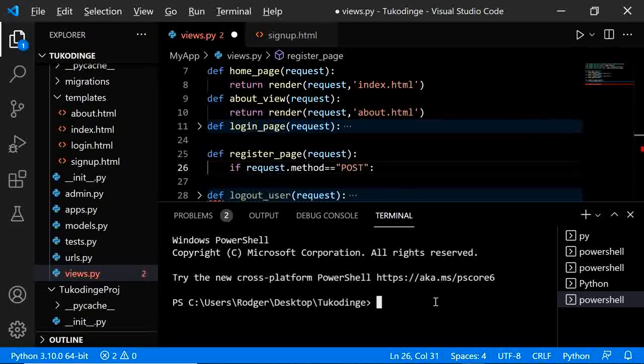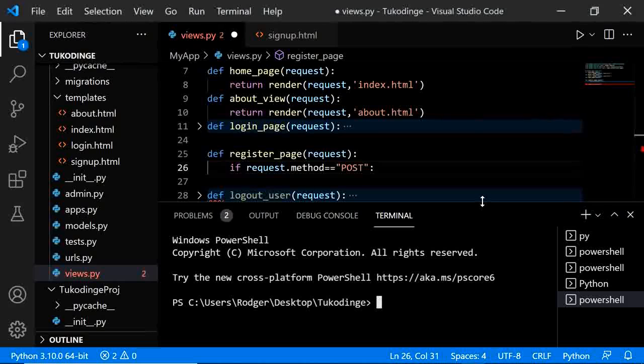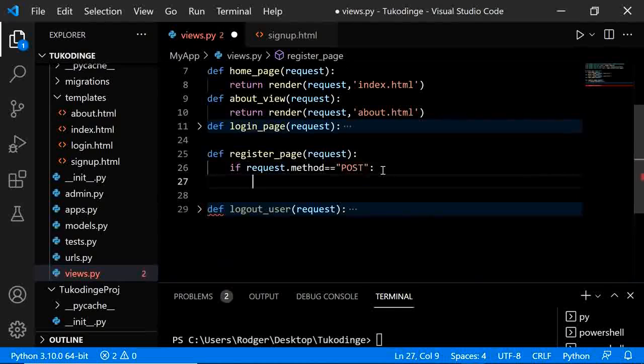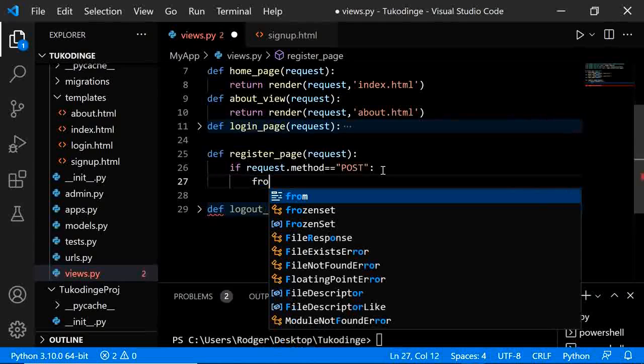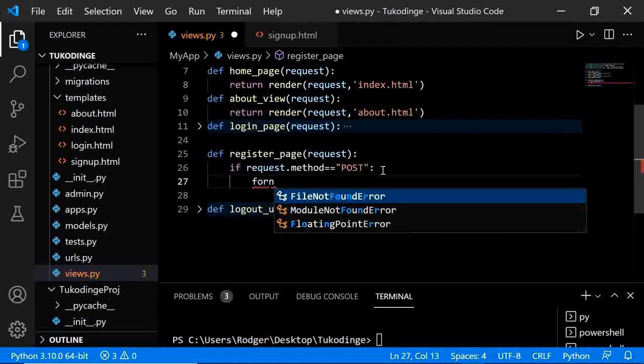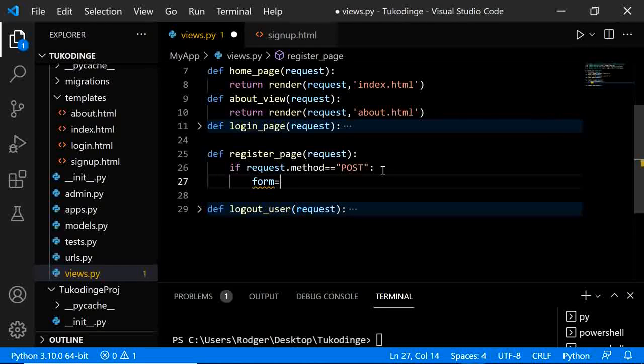Okay, they're still running, just verify. Okay, perfect. So if this is equal to post, then do what? We get the form. Okay, we get what the user has input in the form, which is equal to